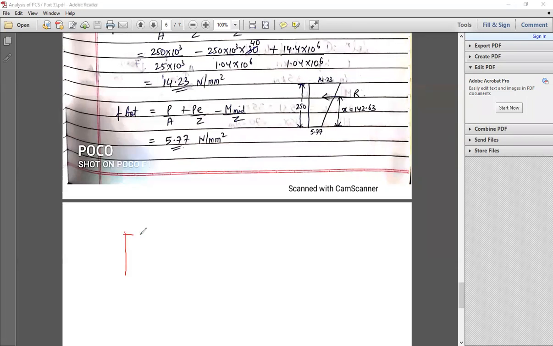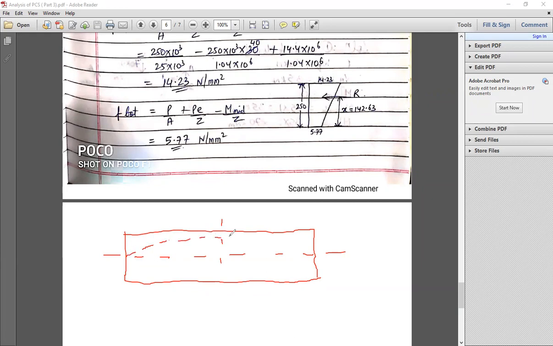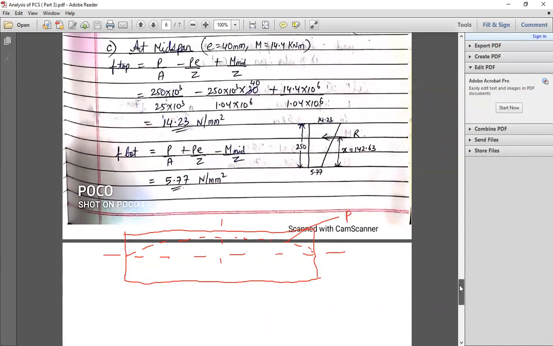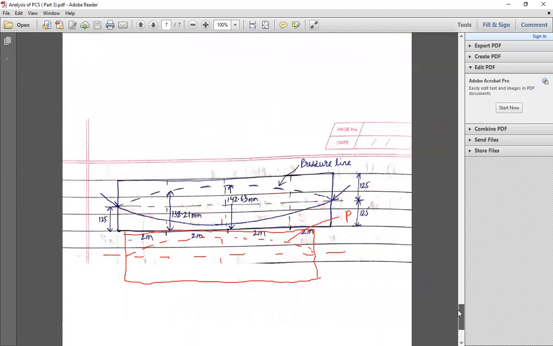ठीक है, so basically depth कितना है section का 250 है total, correct? तो center कितने पे है 125। ठीक है, तो स्टार्टिंग में देखो कितना point 0 मिला। ठीक है, second 125 मिला, so this is 125। फिर next quarter span पे कितना है बॉटम से 138, तो ये point मिला। फिर central span पे suppose इधर मिला। So now you can join this like this. ठीक है, तो ये right hand side पे भी same रहेगा। So this is nothing but your pressure line. Yes, is this clear everyone?